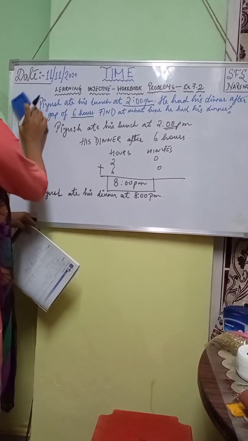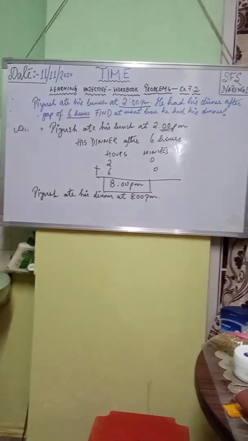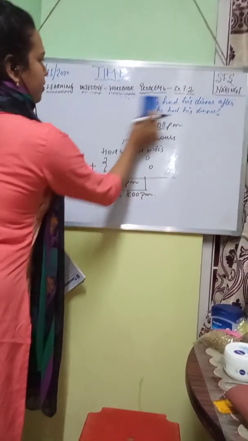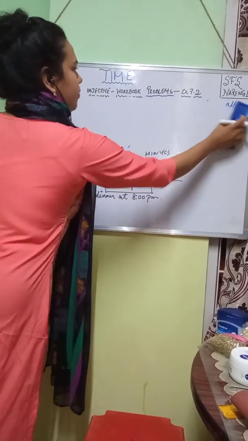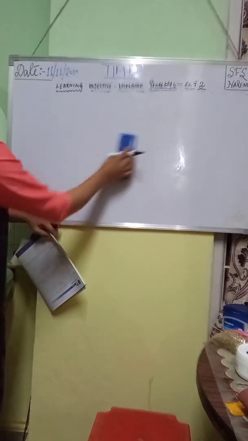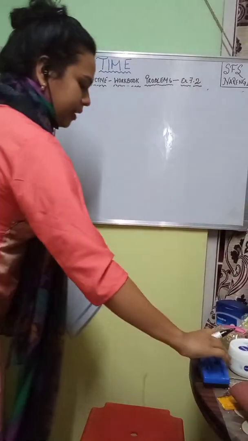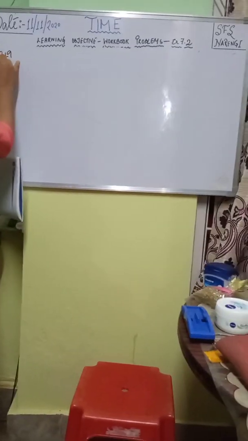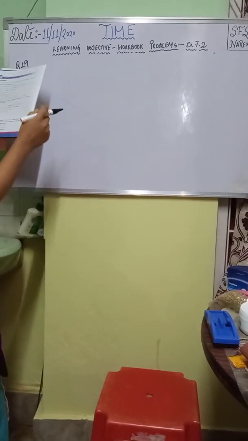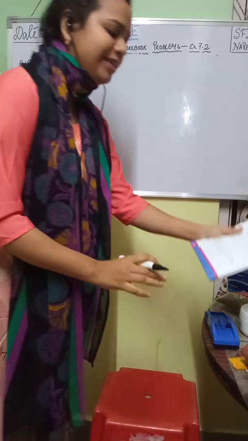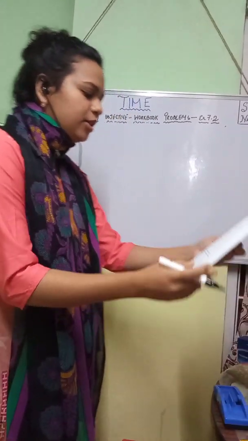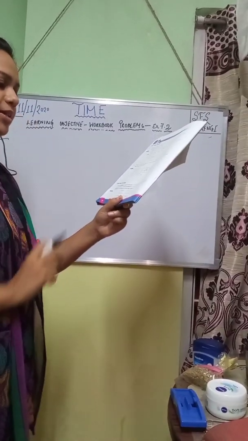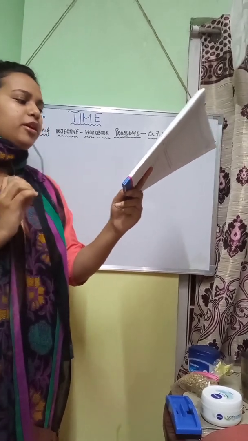Now, let us do another question. I hope this question is clear to you. Okay. So, let us do question number 19. Question number 19 you have Sonali completed her maths homework at 1 hour 10 minutes, history homework at 2 hours 20 minutes, and science homework at 1 hour 10 minutes. How long did she take to complete her homework?